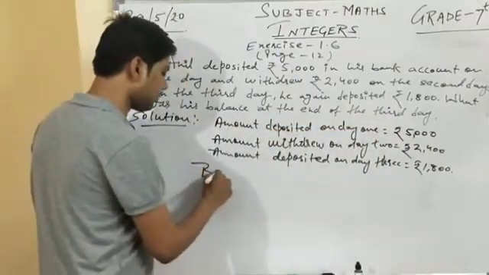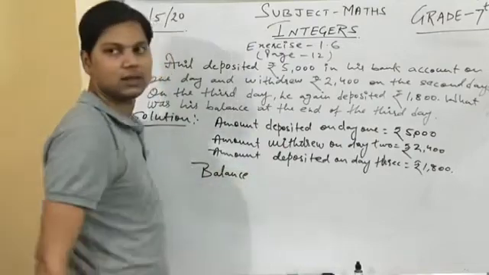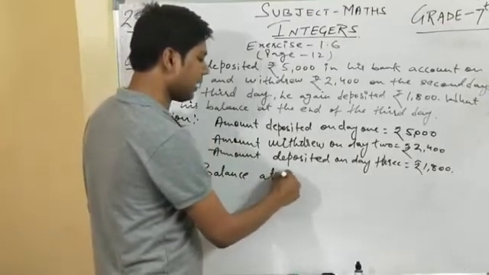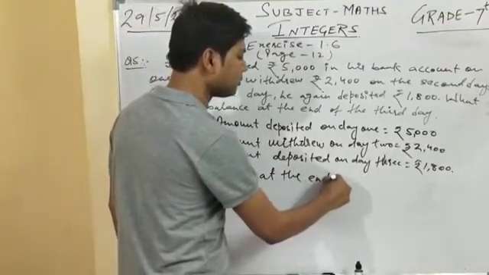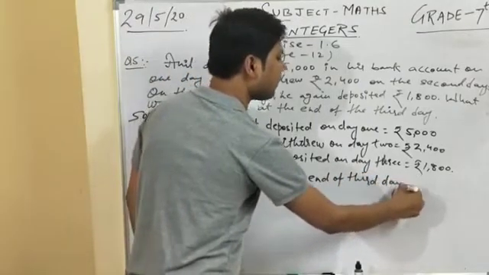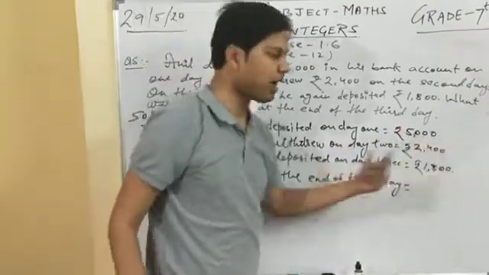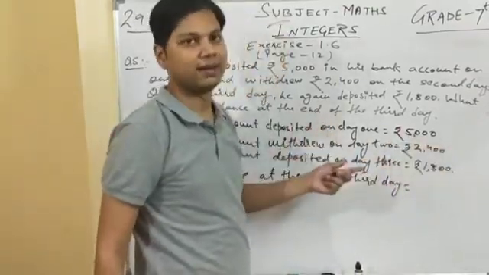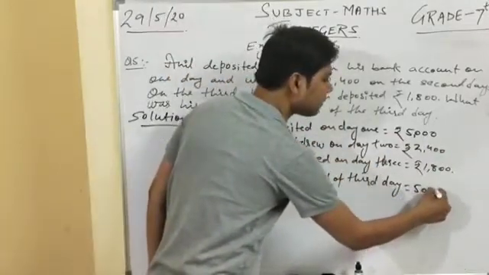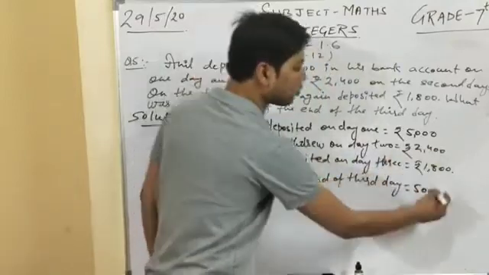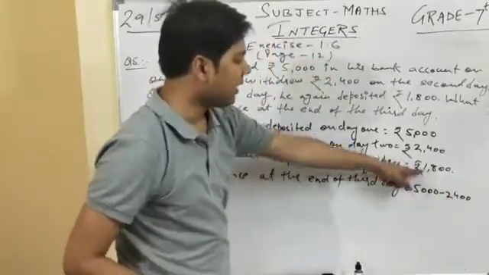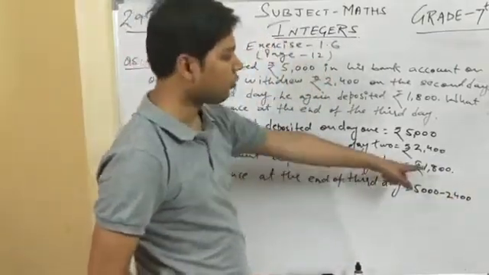So balance at the end of day 3. Balance at the end of third day is equal to, the amount deposited we have to add, and the amount withdrawn we have to subtract. Now we have 5,000, then we withdrew, so minus 2,400, and 1,800 again deposited, so we have to add it, so plus